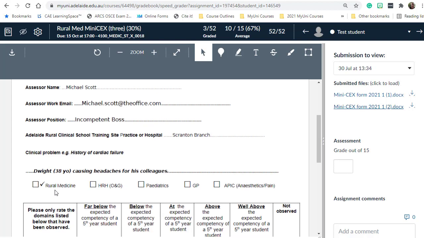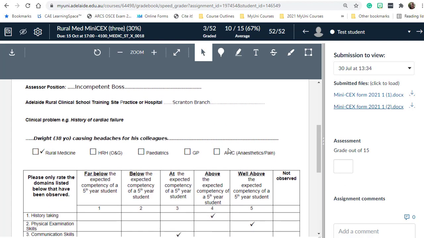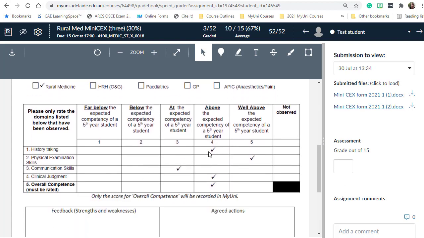Again, just check all the fields are filled in and they've ticked the course, and then you can see here we've got a variety of marks, and all we need to note is the overall competence. So they got a 5 for the last one and they've got a 4 for this one. And then you can see there's only 2 at the moment, but what you've always got to do is check